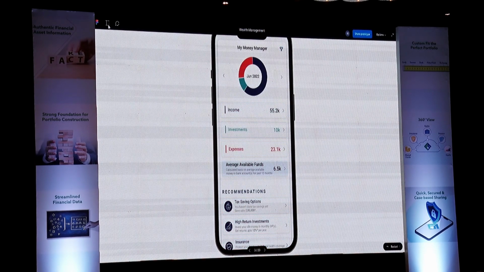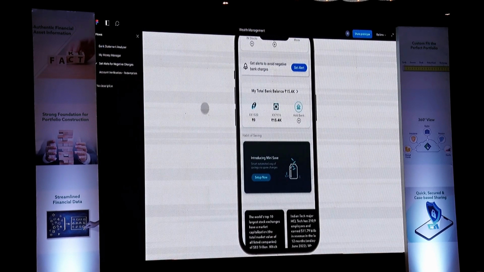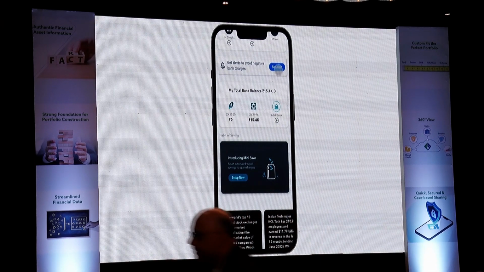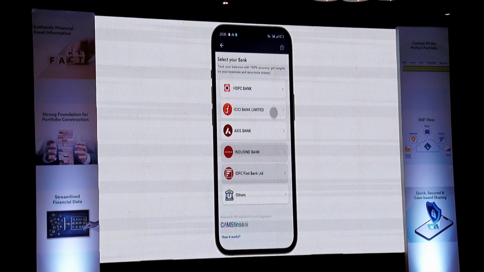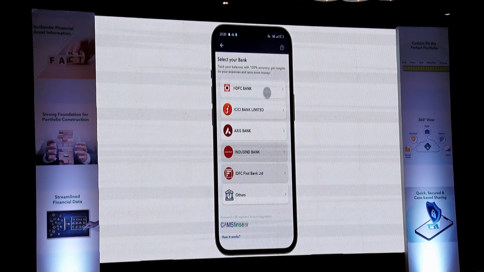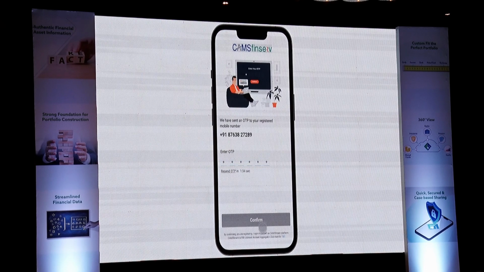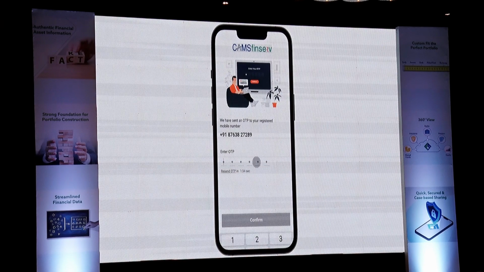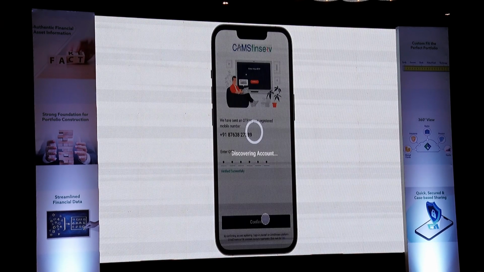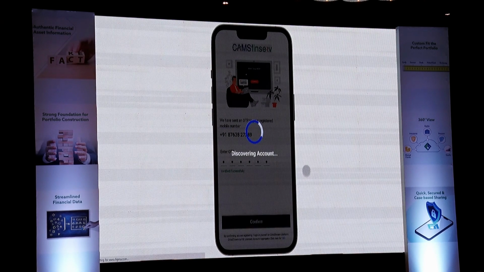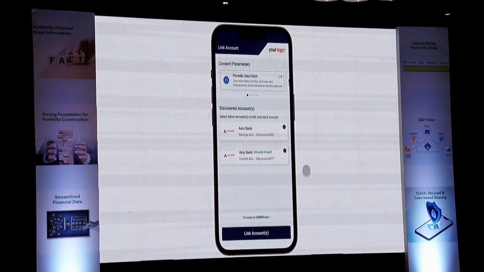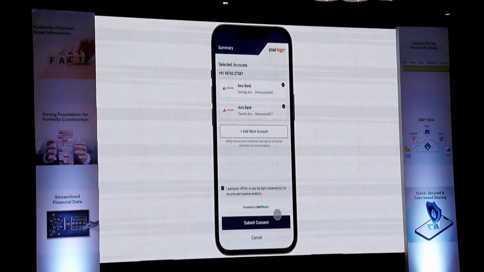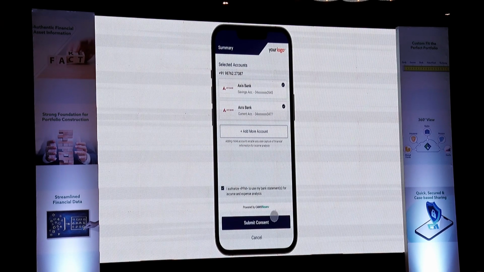The third use case that we spoke about was negative balance charges. So again, you go to set alert, and once you have set that alert, you can analyze. It's the same journey for the user. The user gives consent. It's a 2-click process. You discover the account, it's the same two-click process, you give consent for these accounts, you link them, you put the OTP that the investor received from Axis Bank, which is the FIP in this case,